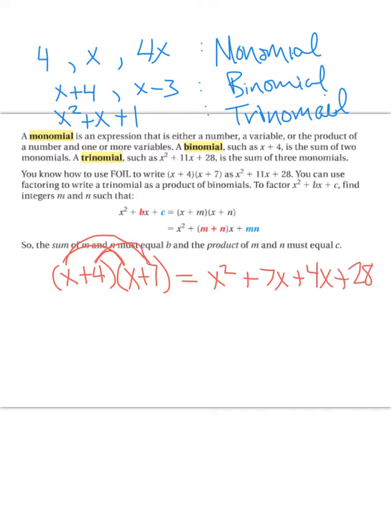And you would multiply binomials that way. Well, factoring is sort of like reverse FOIL. So instead of going from multiplying two binomials to a trinomial, we're going to go from a trinomial